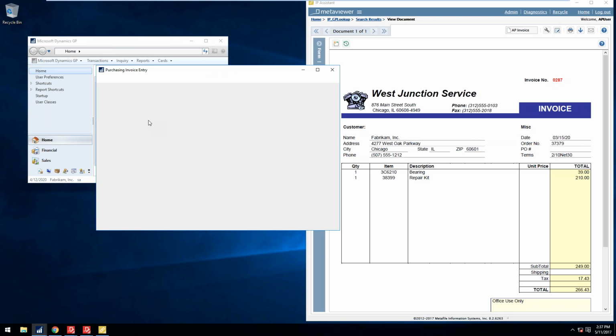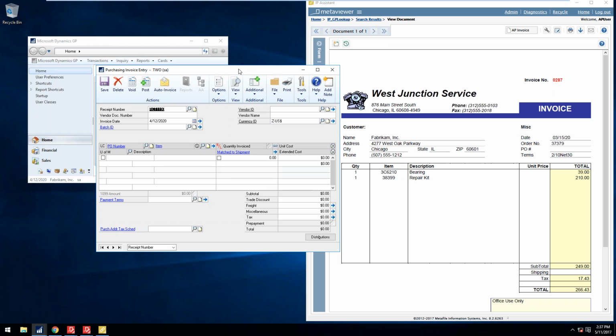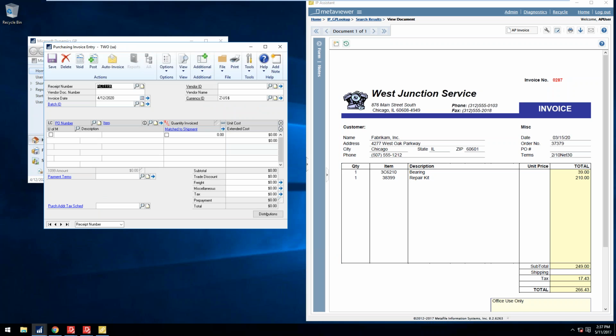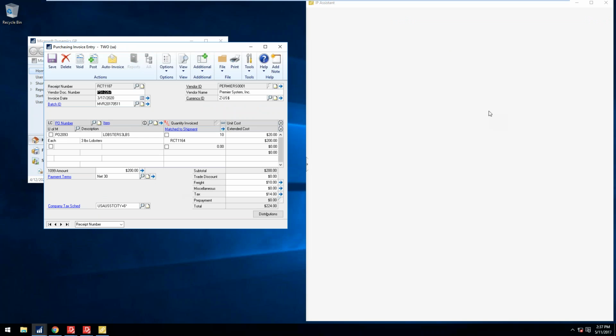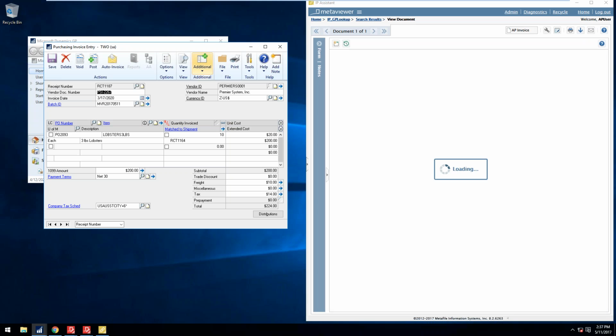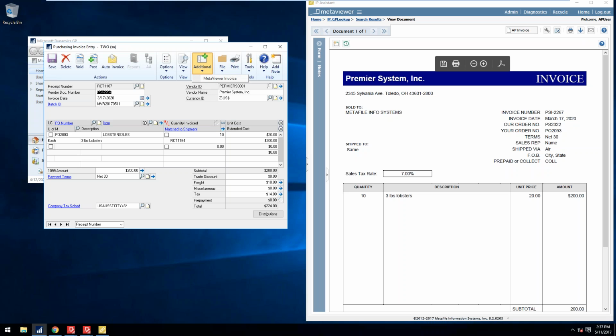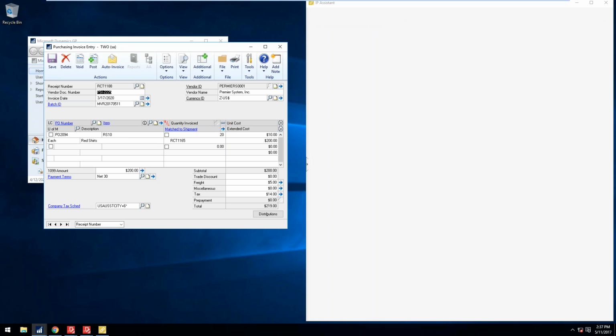The other invoices, purchase invoice entry. In the other flavors of Dynamics, some all go to the same place. In GP, your purchase order invoices go to a different place than your non-PO invoices. AX is the same way. In this case, if I open up, here's the Lobsters invoice, and my browser refreshes, I do have that additional button here with the MetaViewer invoice as well. So there's the Lobsters invoice, my Red Shirts invoice,